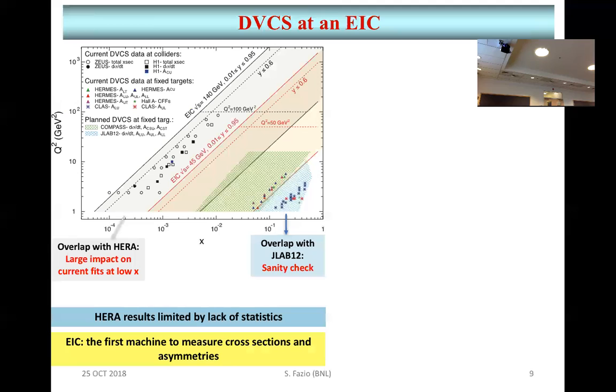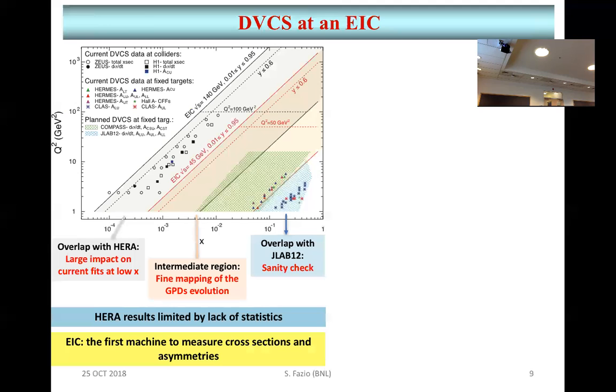Even more relevant will be the impact if you can overlap with HERA data, because here these points are really limited by lack of statistics, lack of experimental precision, and so on. Most of these are actually total cross-sections. And a great job that the EIC wants to achieve is to map the transition in fine bins in x-Q²